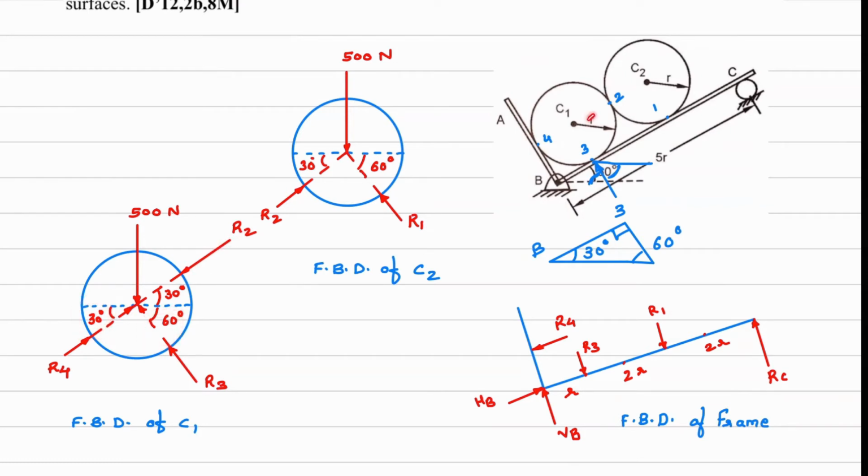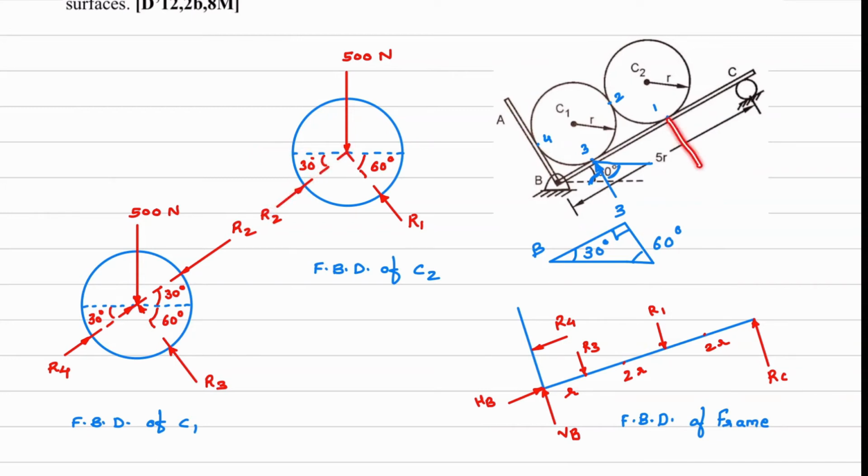Now R2 reaction over here, if you draw a tangent over here, for that tangent, that reaction will be perpendicular. Okay, so again it will be parallel to this BC part. And this BC is at an angle of 30 degree with respect to horizontal. So that is why R2 angle with respect to horizontal is 30 degree. So we have completed angles in this diagram. Now again R2 reaction with respect to horizontal, it is 30 as it is shown over here.